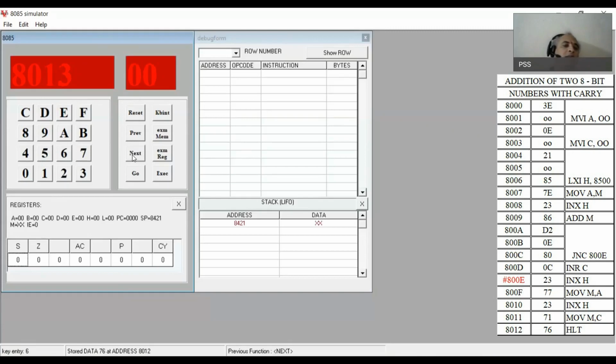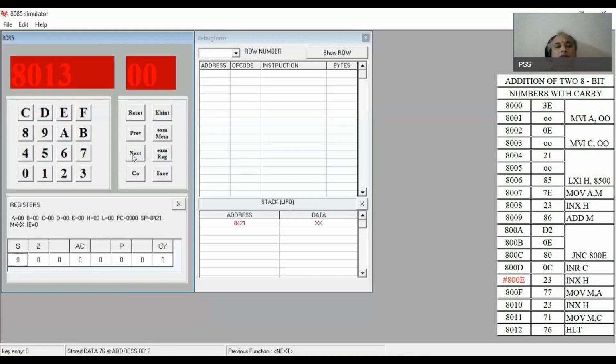Students, again I am telling you that this is the place where most of the students commit error. Once you have finished entering the opcodes, you have to move on to the next memory location for the proper loading of the program. Therefore, after entering the value of the opcode for halt, which is 76, you have to move to the next memory location to ensure that the program is properly loaded and executed. So now the loading of the program is over.